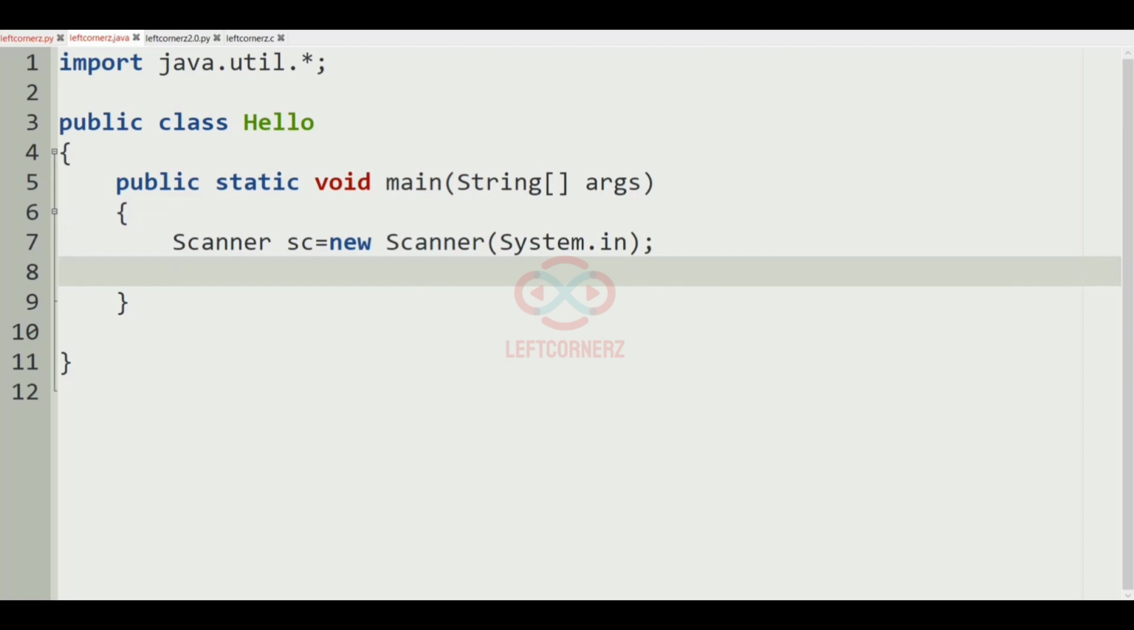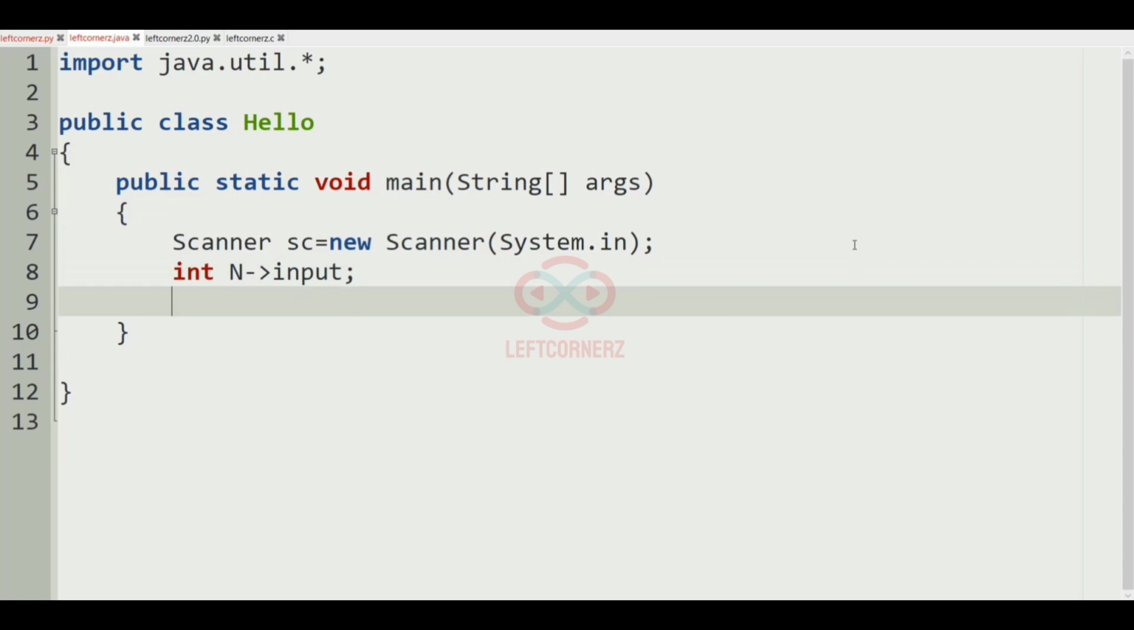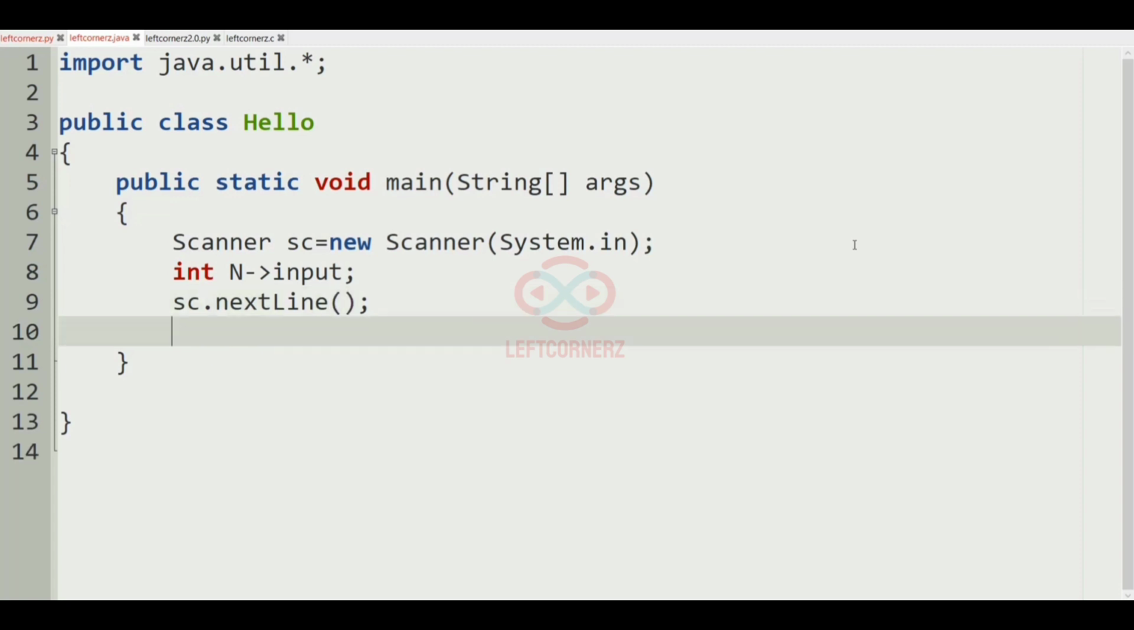Now let's see how to solve this program. So here we have to get the integer n as the input, and after getting the input we'll have sc dot nextLine in order to move the cursor to the next line, and after that we have to get the string ys,